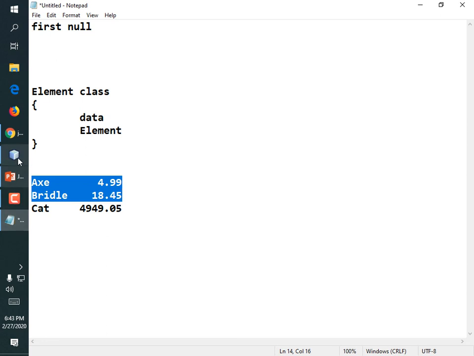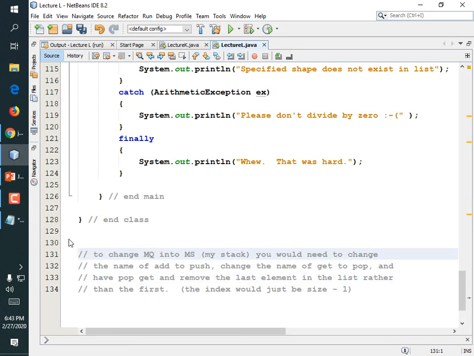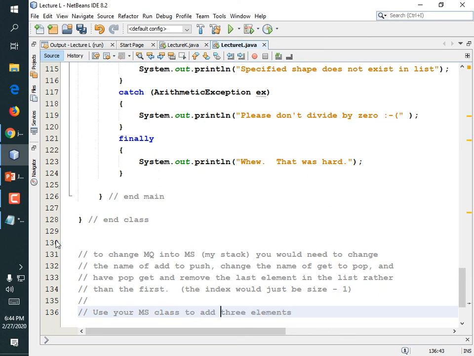And lo and behold, as you might have guessed since I typed this in, that's the homework: take the MyQ class and turn it into MyStack. Make the changes. Change the name of add to push, change the name of get to pop, and have pop get and remove. Then use your MyStack class to push 3 integers, pop 1, push 3 more,